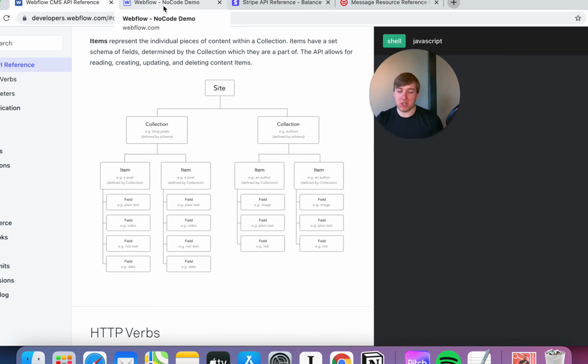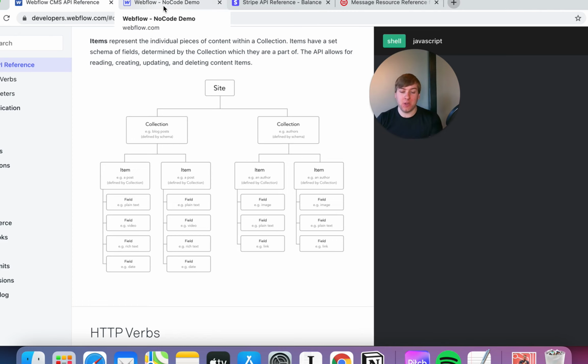One of the most critical bits of information you need to know is every single item, every single collection or blog post, and every single site has what we call a unique identifier. We've talked a little bit about these before, but a unique identifier is just typically a random collection of letters and numbers. It will look just like an API authentication key actually, but a bit shorter, and it uniquely identifies that particular collection, because I've got a collection called blog posts. I bet there are millions of Webflow customers who have got collections called blog posts. So Webflow just gives it a unique identity,